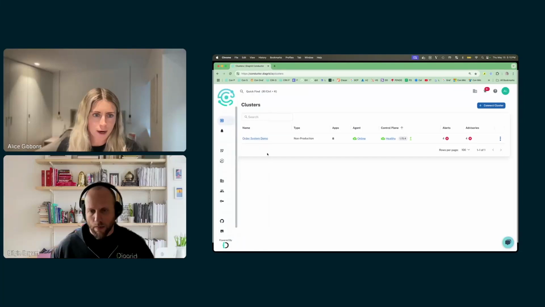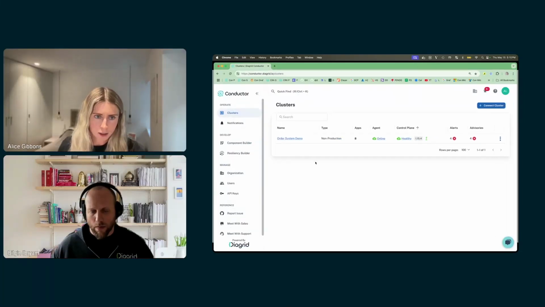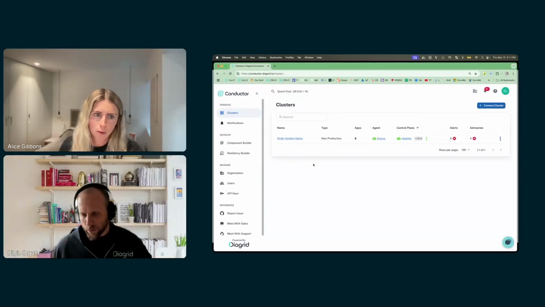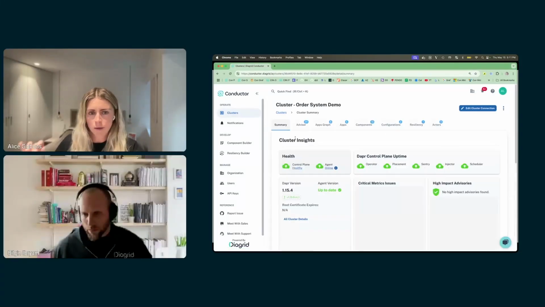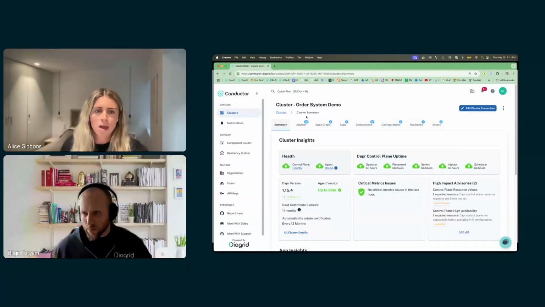So here I am in the Conductor portal. This is a portal where you can add whatever kind of Kubernetes cluster that is running Dapr that you want, whether that is running locally, on your favorite cloud provider, or on-prem. There's a number of things, and I'll go over some of the deployment methods later, but specifically today we want to talk about monitoring. So if I look at a cluster that I already have, this one is on GKE,